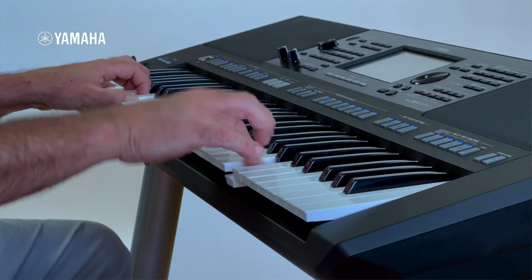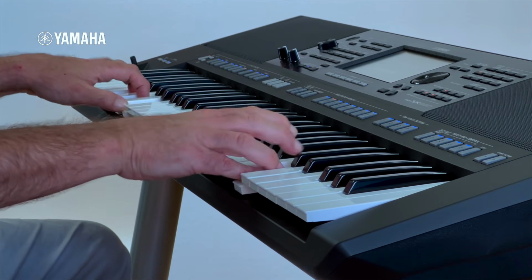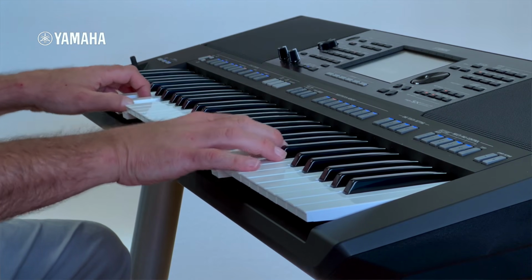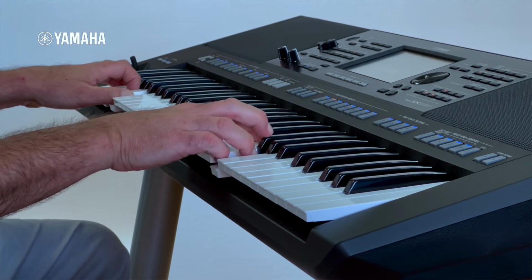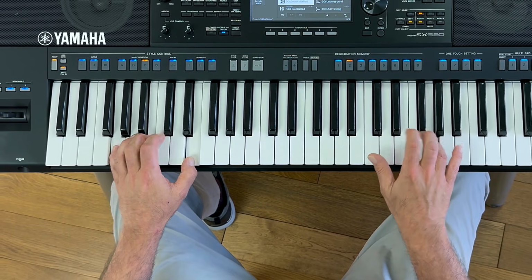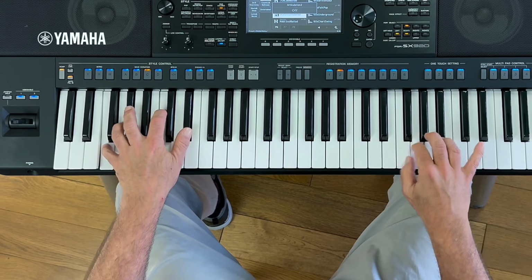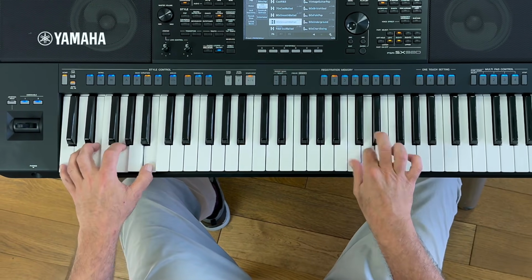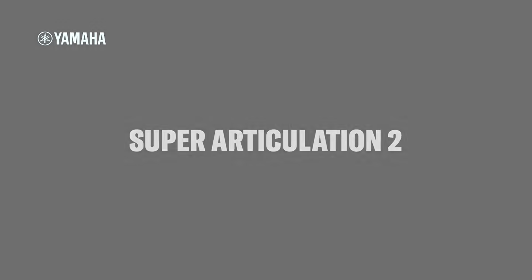From smooth clarinet glissandos to natural violin vibrato and delicate saxophone slurs, Super Articulation 2 captures every subtle expressive detail. Best of all, there's no need to learn new techniques. Super Articulation 2 automatically adapts to how you already play. Whether you're a seasoned pro or a passionate hobbyist, elevate your musical experience with the unparalleled realism of Super Articulation